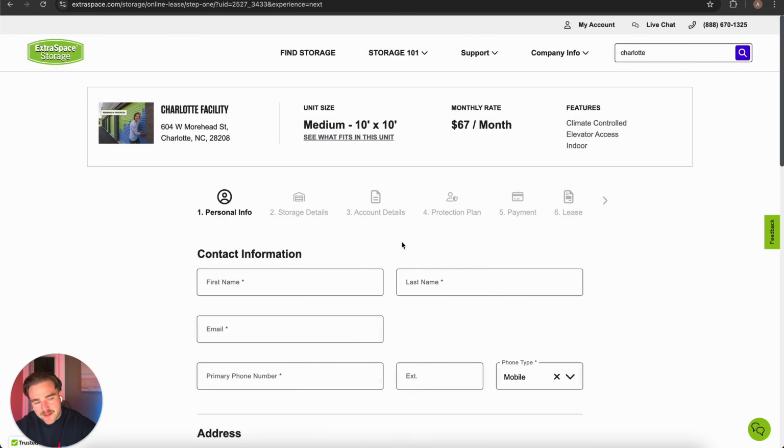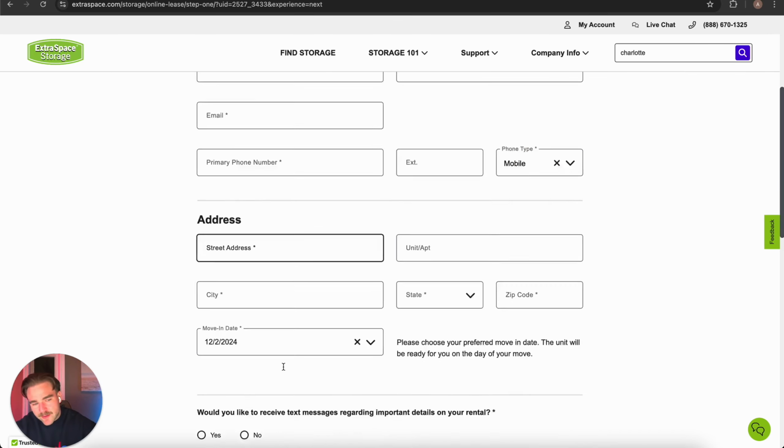One thing I want to bring up is they'll give you this protection plan stuff. They obviously make money off this, so they'll try and get you to do some protection plan stuff. Do whatever you feel comfortable with. I mean, I highly doubt anything is going to be stolen when you only have the one key, so it's up to you. As a US citizen, you can just fill this out, but I do want to note that